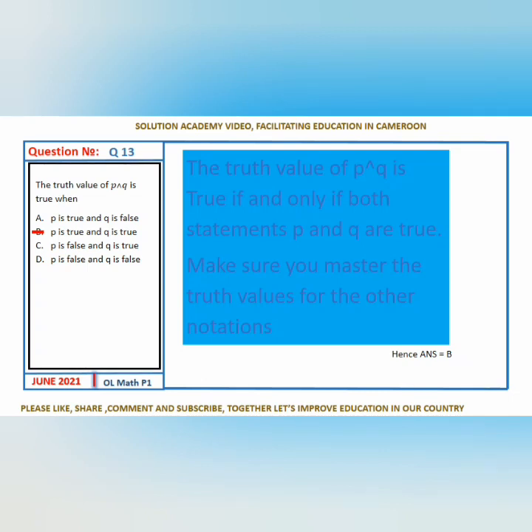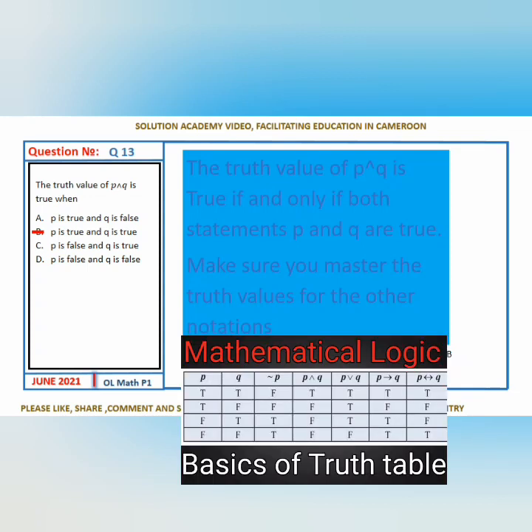That's how the truth table is. It is always true if and only if the first statement is true and the second statement is true. The first statement is P and the second statement is Q. So if the first statement is true and the second statement is true as well, then the final statement P and Q will always be true. Anything apart from that will always be false. So if you look at the options, the one that best suits this is: if both statements are true, then it's going to be true. To this effect, you have to make sure you master the truth value notation,